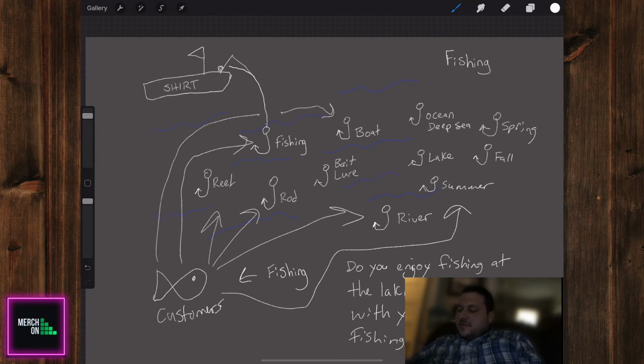And you also have things like what kind of fishing. You have catfish, you have bass, you have tuna, you have brim, and you have a number of other ones. So you could take all of this and make sure you have some of these main items in your title, and you could put these in your bullets and description into a sentence that makes sense. And that will give you a greater opportunity